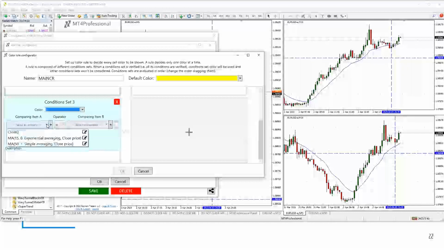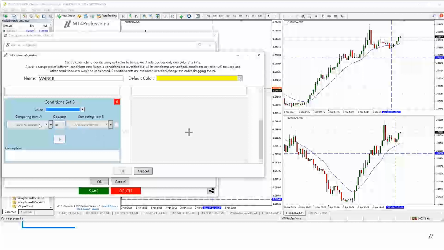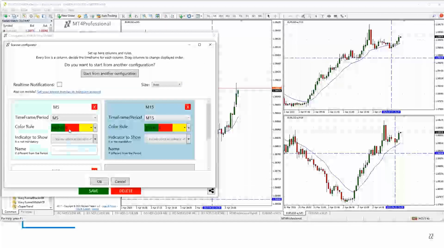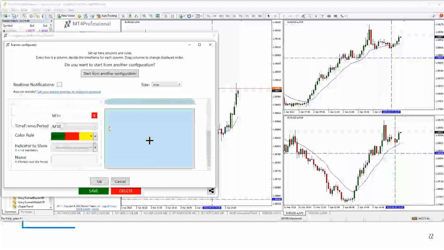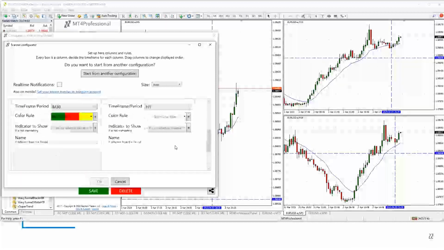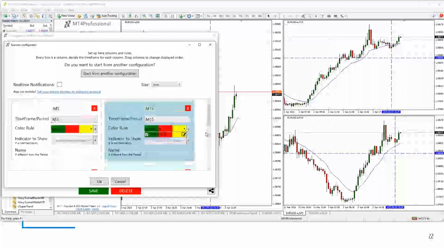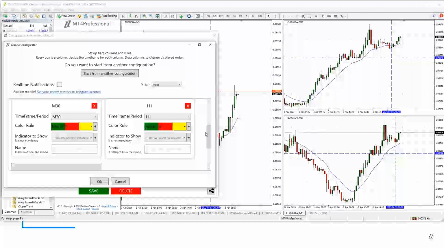And then I can also either use the 3 existing set strategies I already have set up, or I can add any other strategy that I want to use, or indicator for that matter. All right, apply it to any of the timeframes that you like. If you want to add an additional time frame, just simply click it once. I have a 1 hour here, so it looks like the next logical time frame, and turn on the color rule. Now I'm scanning for an hour as well. Okay, so I'm scanning for 5, 15, 30, and hour. I now will have 4 columns on my scanner instead of just 3.